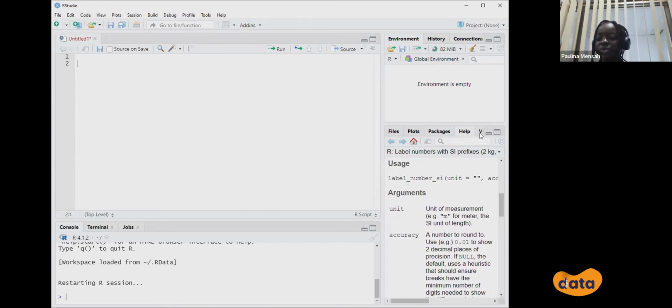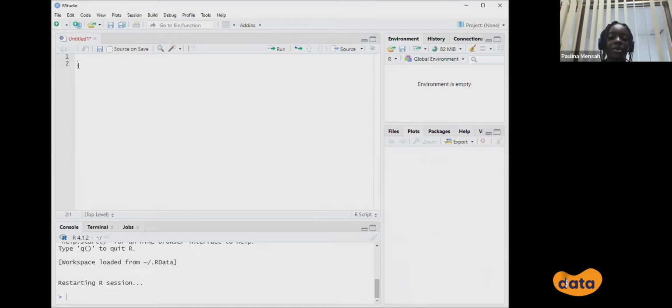And then we have the viewer. So the viewer is gonna display any tables that you create. Those are gonna appear in the viewer. So you're gonna see a preview of that in the viewer. It sort of works similar to the plots area. Okay, so